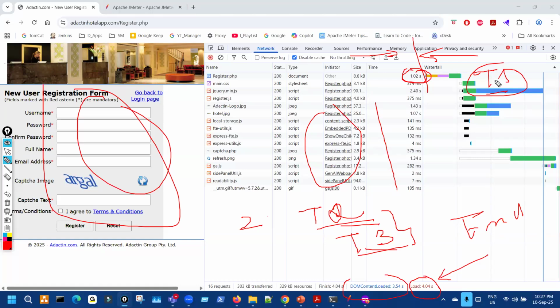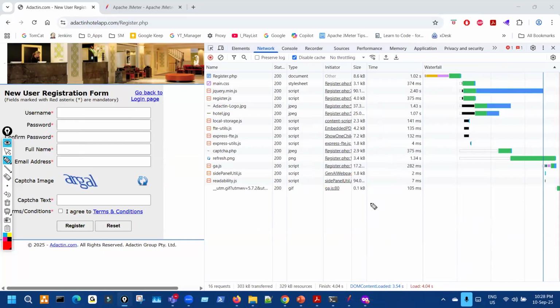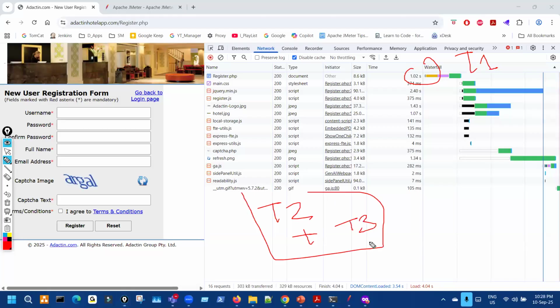Okay, which consists of this one and then DOM load also, and all embedded resources download. So the whole thing is the total, right? So that's what we have to understand. Now in this one is T1, and then this T2 plus T3 happens on the browser end, on the user end,